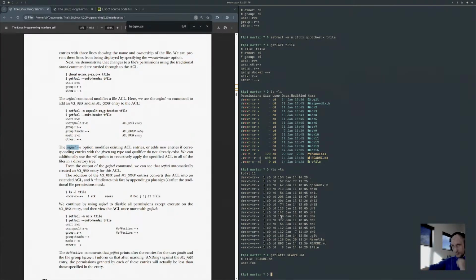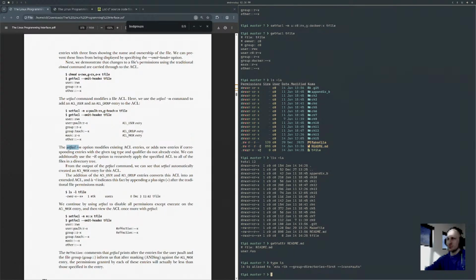But it's good to know, if you see a plus or if you see an @ then ACLs might be in play. And in the case of this new fancy ls, if I do type ls, this eza thing, it might be just attributes. It might not be extended ACLs. Anyways,